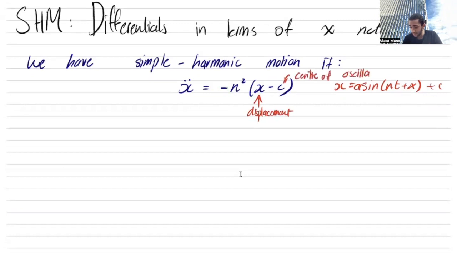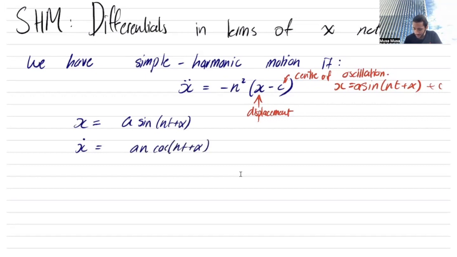So if you can prove that the second derivative of some function can also be written in this form, then we have simple harmonic motion. You can see that, because let's say we did have x equals a sine nt plus alpha, then x dot equals a n cos nt plus alpha, and then x double dot equals negative a n squared sine nt plus alpha,